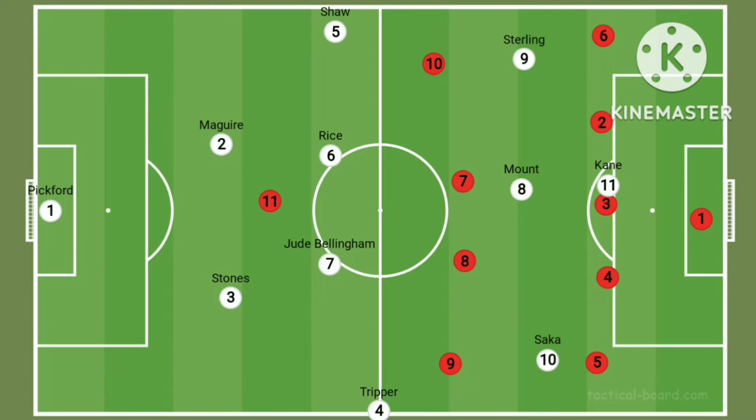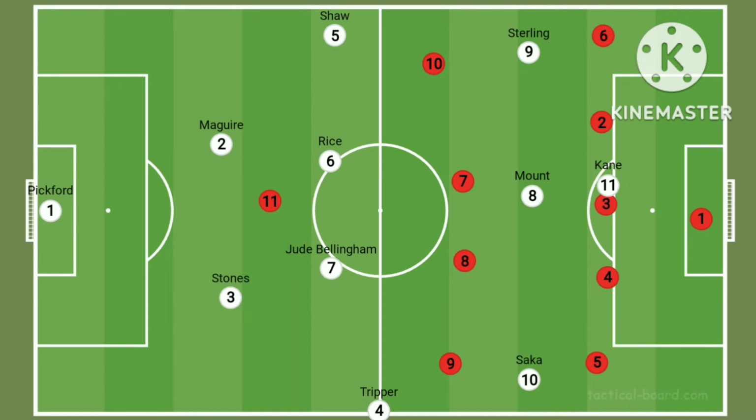England started this match with a 4-2-3-1 kind of formation with a double pivot of Rice and Jude Bellingham, Trippier as right back, Luke Shaw as left back, Sterling as left winger, Mount as a number 10, Saka as right winger and Kane as striker. And Iran went with a defensive 5-4-1 kind of formation. So this was